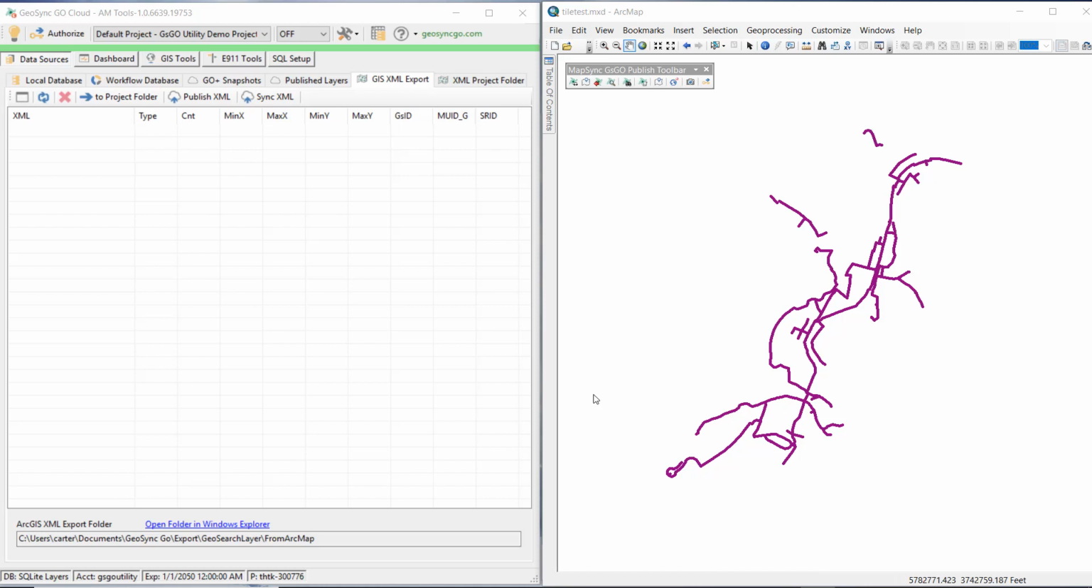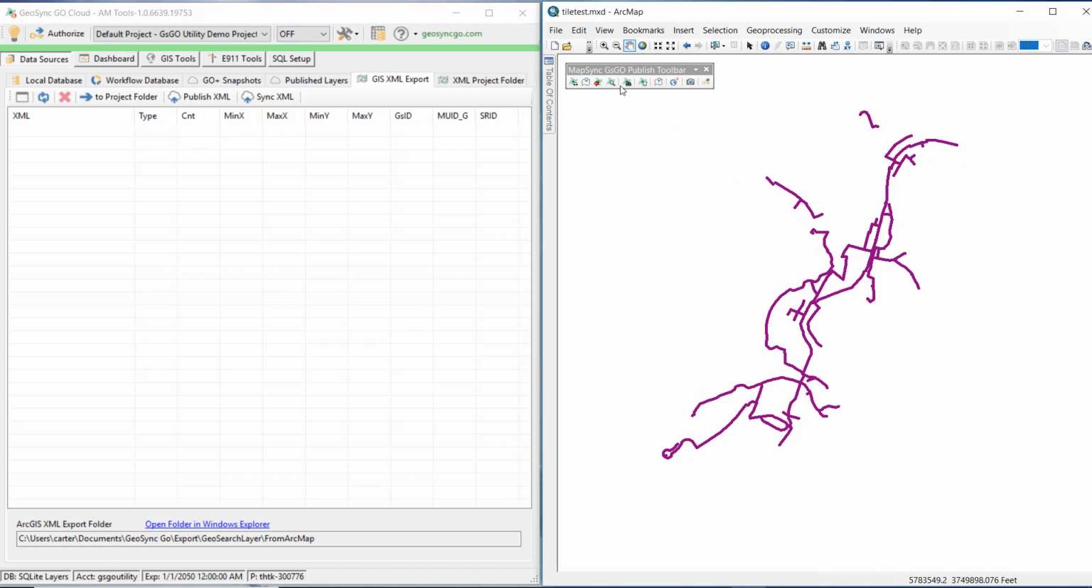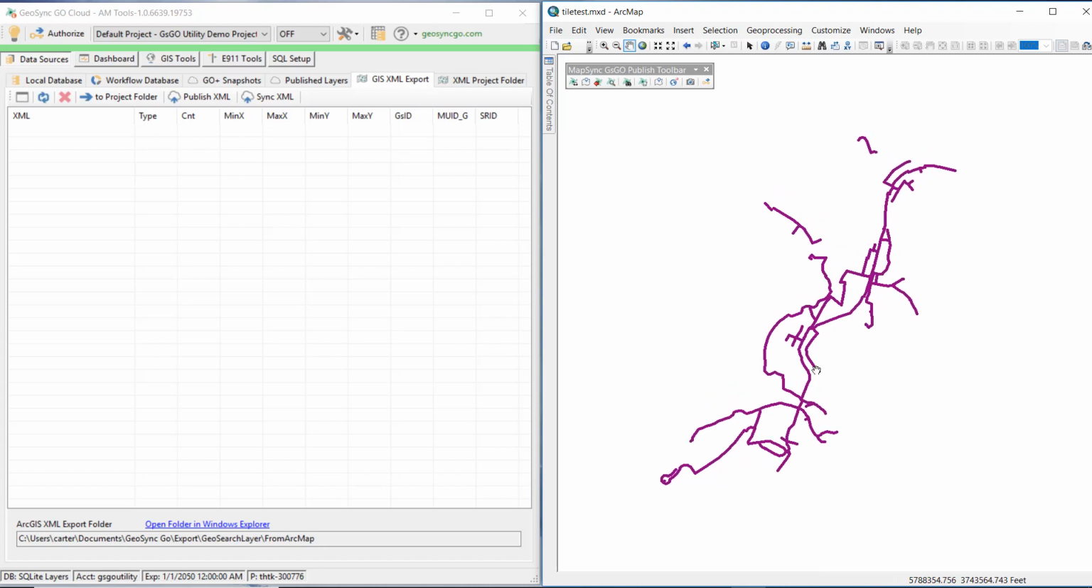This video will demonstrate how to publish a new Go Plus layer from ArcMap and add it to a GeoSync Go Plus project or map. It assumes that at the moment on the left side we have GeoSync Go AM tools, and we've already signed into that to our account there, and we have our ArcMap project open, and we've installed the MapSync GS Go Publish toolbar. We have a waterline layer that we would like to publish and then display on a GeoSync Go Plus